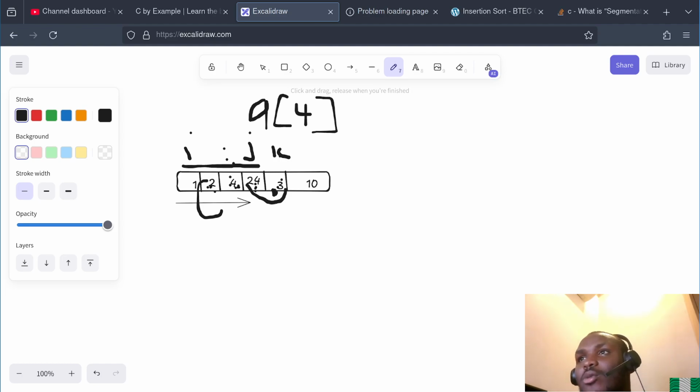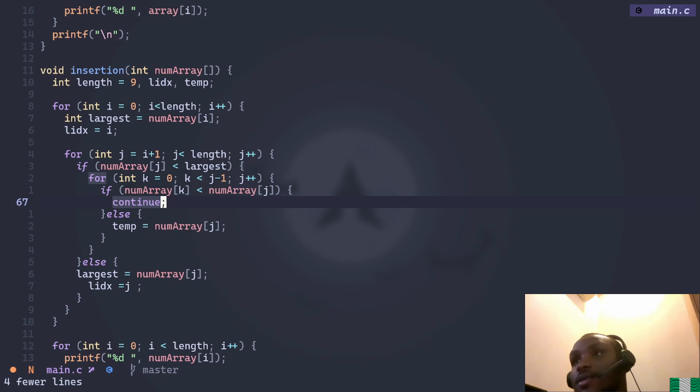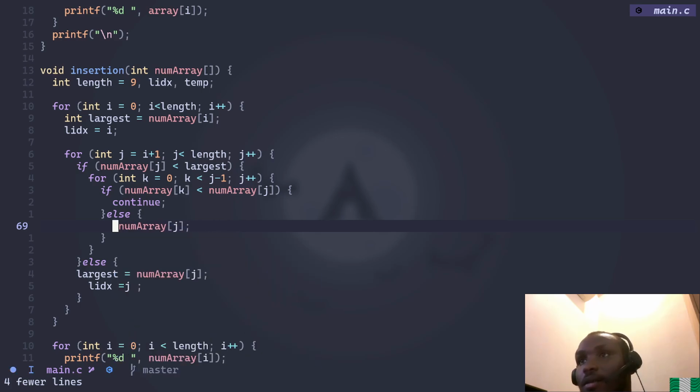Yes. We're not supposed to swap it. We just put this in a temporary variable, then we swap. So we go would be equal to